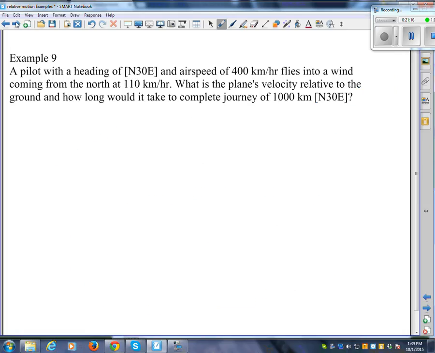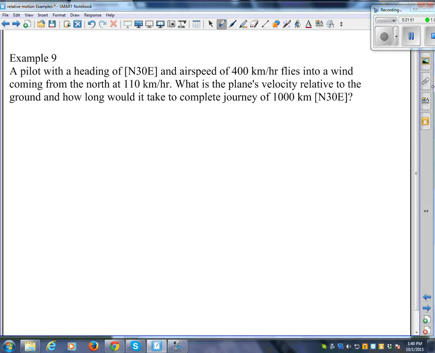Let's have a look at number 9 here. I'm almost done. Now, once again, the textbook is screwed up. I've become quite critical of textbooks. You will find as you go through your university career that there will be mistakes in textbooks as well. And probably the only reason I continue to point this out is to point out that textbooks make mistakes. When I wrote part of a textbook, I made mistakes, and they're still in there. It's very frustrating. The textbook company also added mistakes that I didn't have.